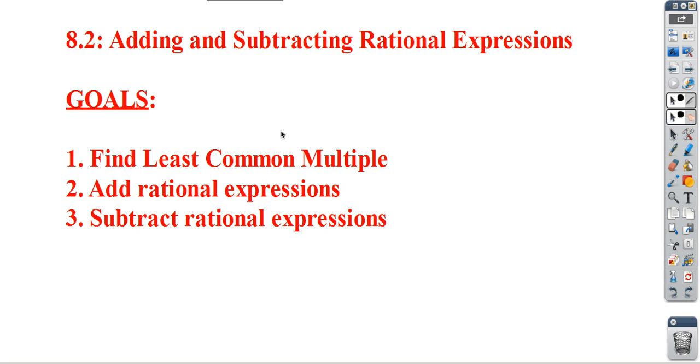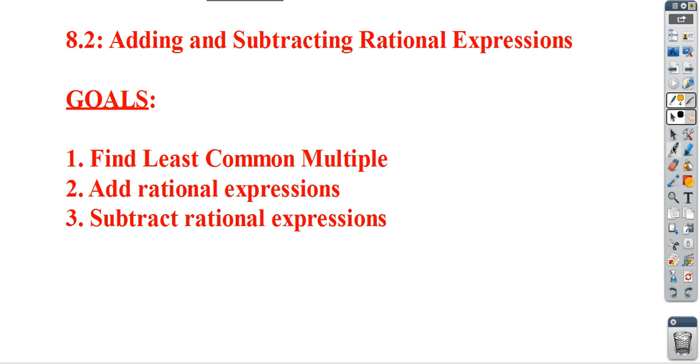Alright, so section 8.2. In 8.1 we talked about multiplying and dividing. This one we'll talk about adding and subtracting. Those are the things we want to do: learn how to add and subtract rational expressions. The thing that we need to know how to do before that is to find the least